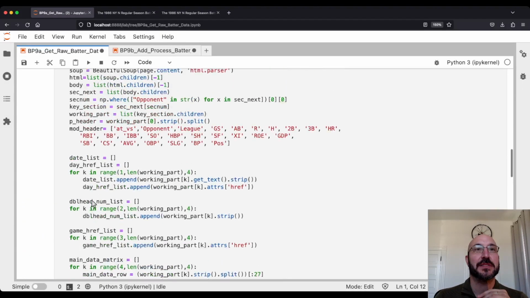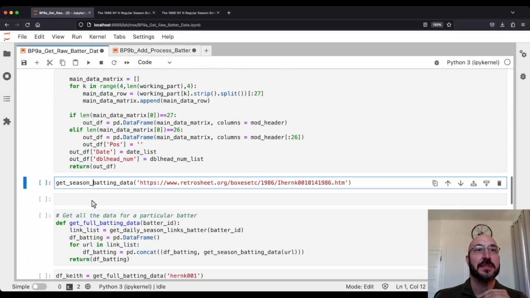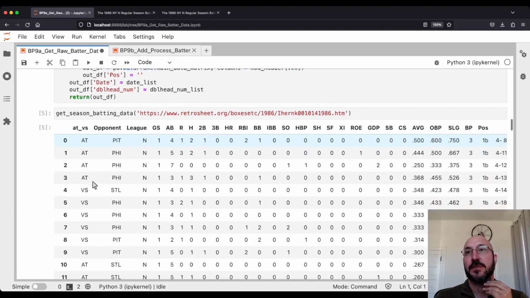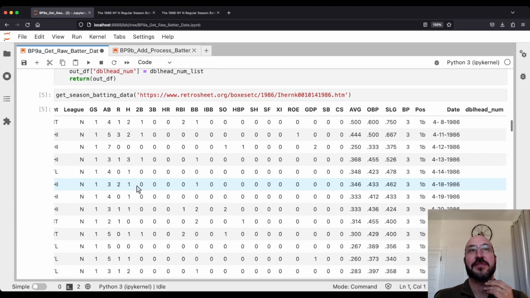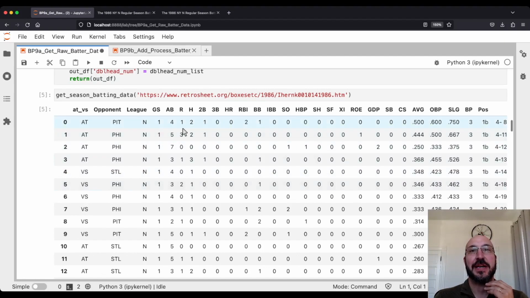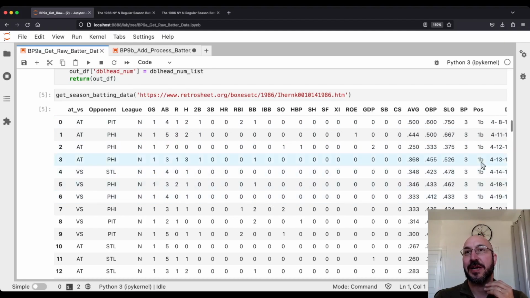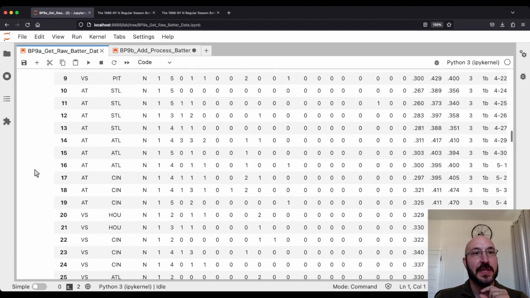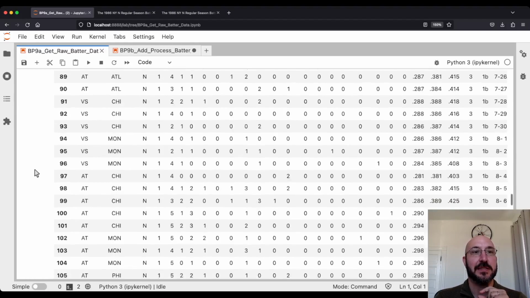So if I grab this URL from 1986 from above, run this function, wait a few seconds, we see that we have game by game for 1986, Keith Hernandez's various statistics. One thing I want to point out here is we have the position over here. We're going to use that position a little later, but that's one place where we get the position that the person played. So we could scroll down to the end of this. You can see he's got